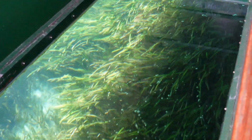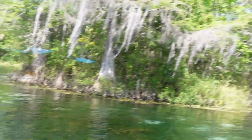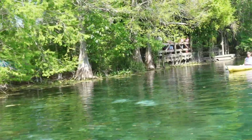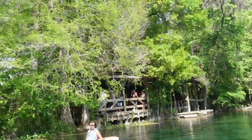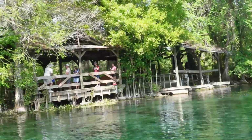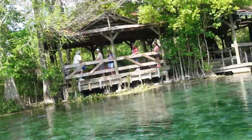Now, if you start looking at the left-hand side of the boat, you're going to see a wooden structure. We call this Sea Hunt Dock. Sea Hunt was a TV show in the late 50s, early 60s, starring Lloyd Bridges. The premise of the show was he was a retired Navy scuba diver that used his skills to help people in trouble. Well, they did 155